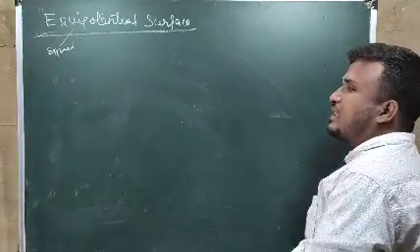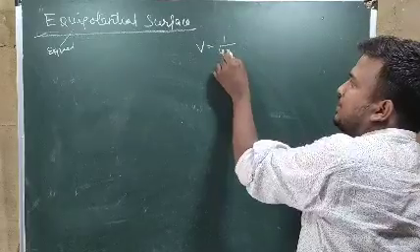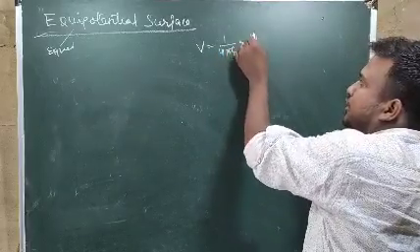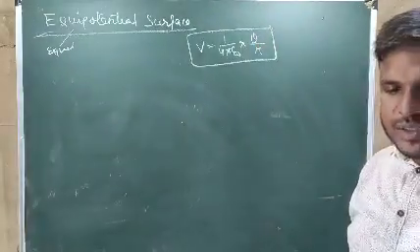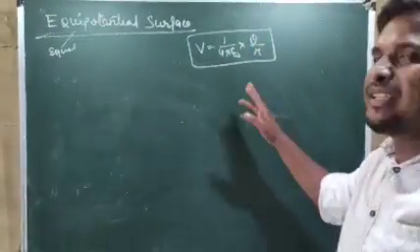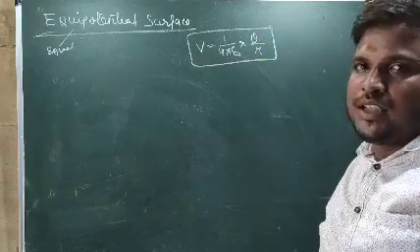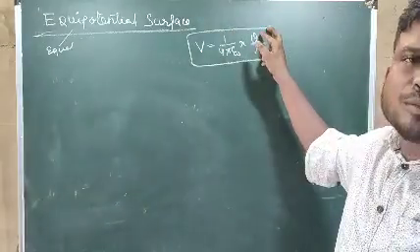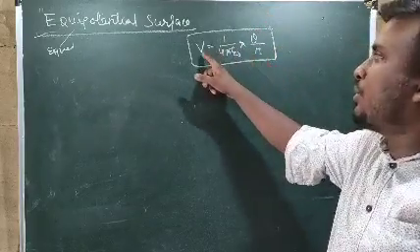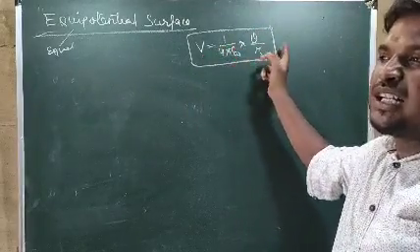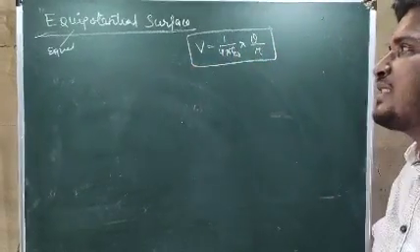Now what is the expression for potential? Potential V is equal to 1 by 4 pi epsilon naught multiplied by capital Q by R, that we have already seen. So what we can say is that potential depends upon two parameters basically. One is Q, another one is R. If the source charge is more, potential will be more. If the source charge magnitude is less, potential will be less. If the distance of the point from the source charge is more, potential is less. So inversely proportional, we can say.